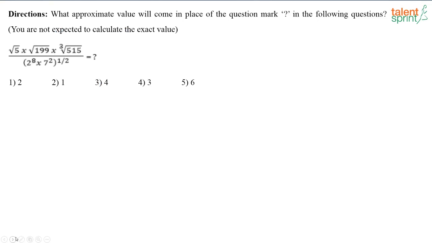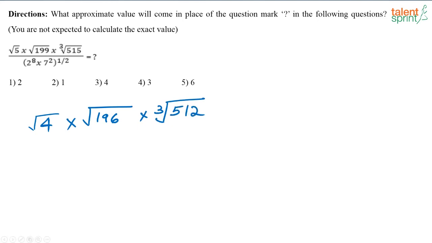Next one. These questions are on approximation, so you need not get the exact values, you can approximate and give me the answer. So you have root of 5. Now again I don't know what is root 5 exactly, right? So we'll try and find out the roots of the closest perfect square, right? So root 4 is the closest, so this I approximated as 4. Similarly root of 199 we cannot find out an exact root, so let's find out the root of 196, which we know. Similarly you have to find out the cube root of 515. Cube root of 515 we cannot find out, it's not a perfect cube, so the closest perfect cube is 512. Similarly the denominator will become,